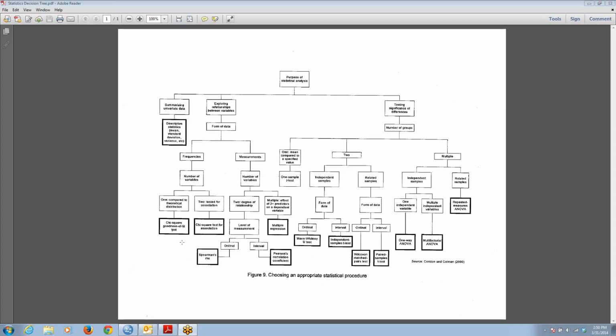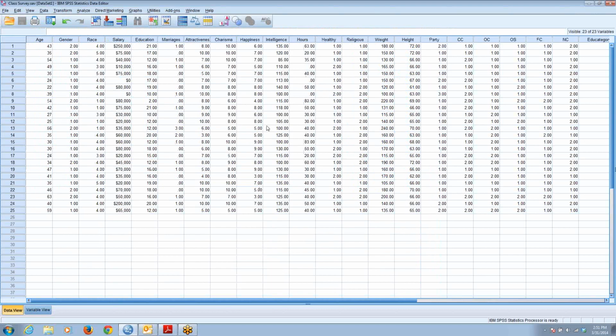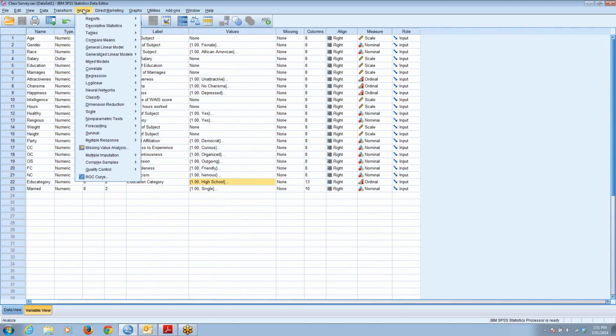Let's say that you have some data, and there are men and women among your subjects, and you want to know, did you get a representative amount of men and women in your experiment? What you would do is you would go to your data. This should look familiar to you guys. This is the data that we've explored previously. You would go to, let's see here, analyze,